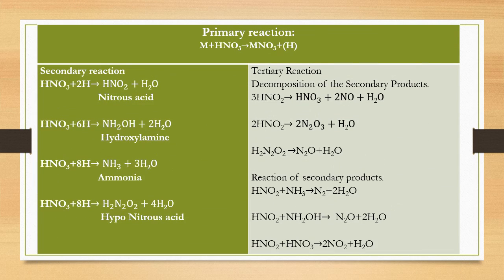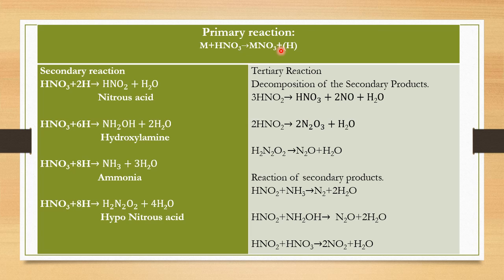So this is the important aspect, the main reaction between the metal and nitric acid. Here the reaction of metal with nitric acid is explained in 3 steps: the primary reaction, secondary reaction and tertiary reaction. Let's see what the primary reaction is. M is nothing but metal. It is treated with nitric acid, gets converted into metal nitrate, plus hydrogen is obtained and it is given in an elementary state. So it's called nascent hydrogen, that is highly reactive. H2 means its molecular state, then the reaction would be complete.